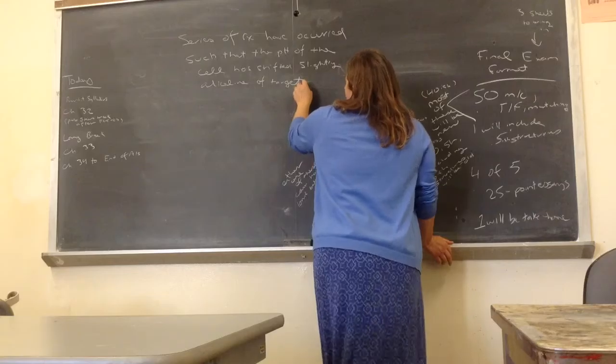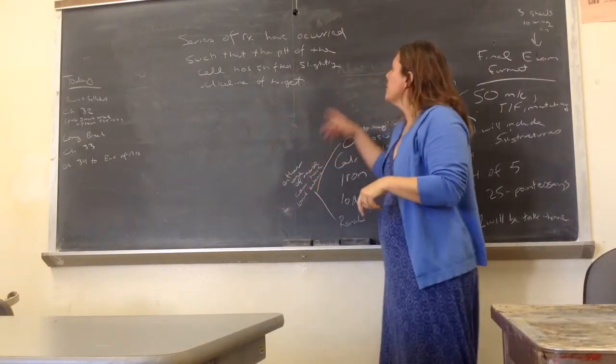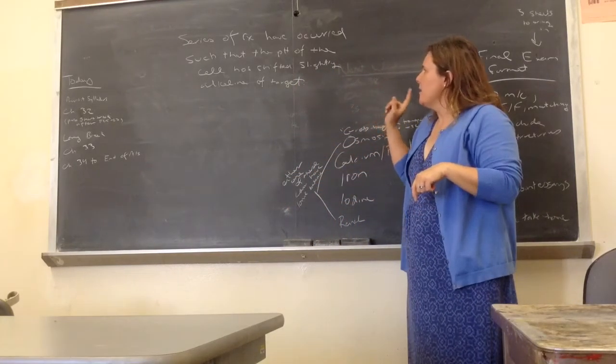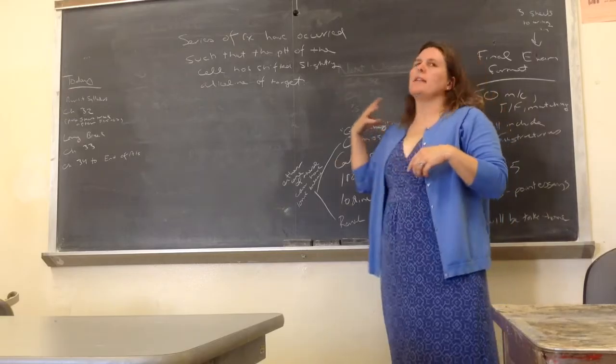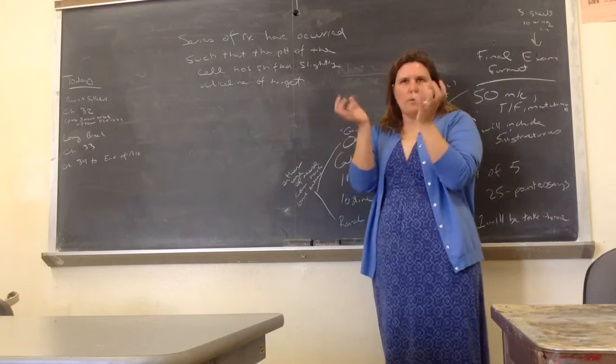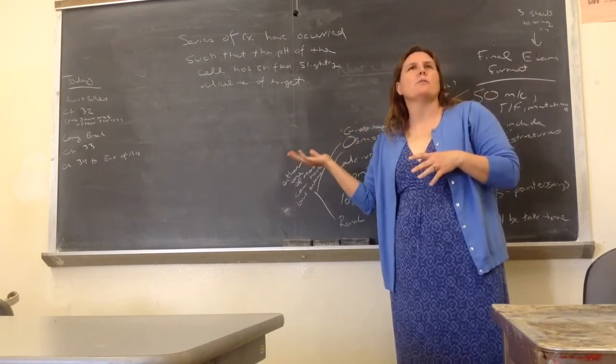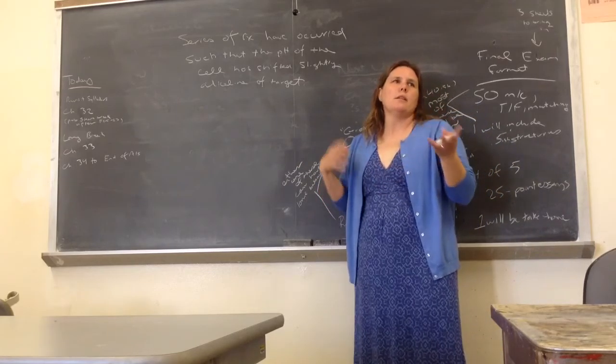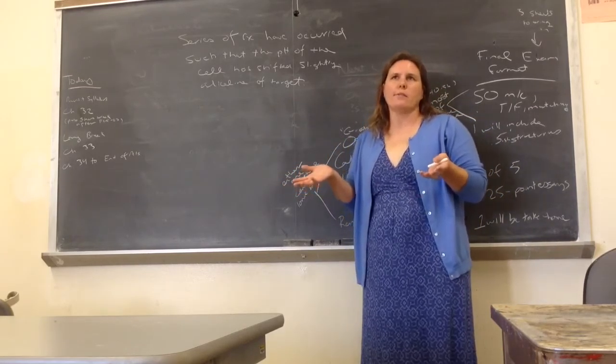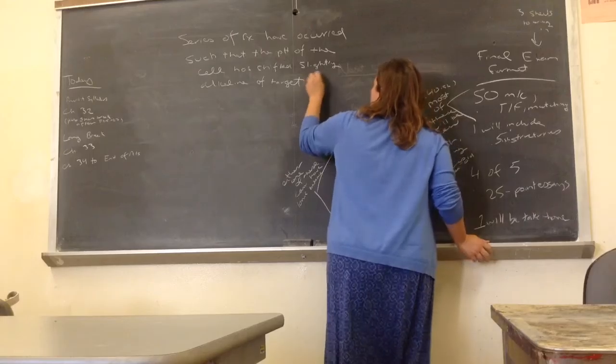Okay, so a series of reactions in the cell, because that's what happens, have occurred such that the pH of this cell has shifted slightly alkaline of target. Okay, so we've got this target range, so we're alkaline, which means our pH is acidic or basic? Basic. Okay, so this means